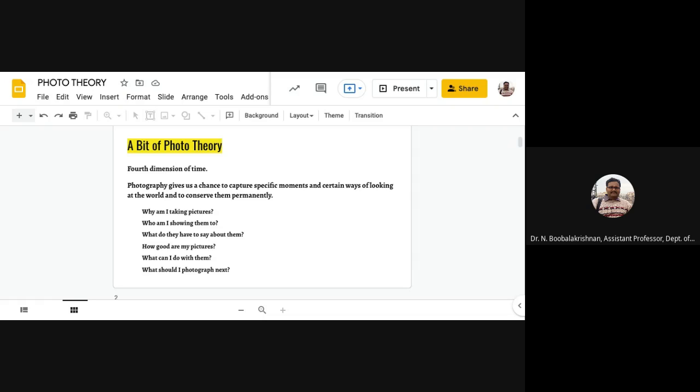What can I do with the photographs, and what should I photograph next? This will tell you the direction. Definitely there is a clue for all these questions: whether your photograph helps to reveal the fourth dimension of time.